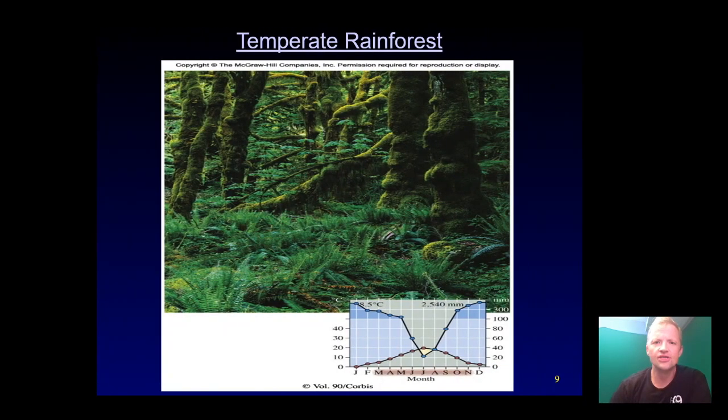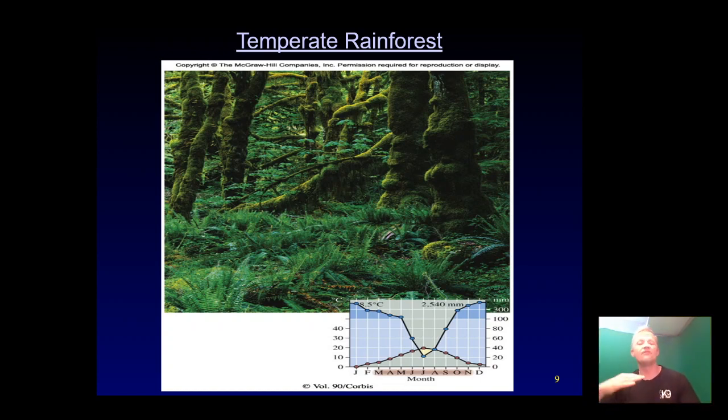All right, continuing along. Then we have the next one down, a temperate rainforest. They still get a lot of precipitation, but they have a very wet period and a very dry period in the year, kind of like Thailand. But the main difference in temperate rainforests is that their temperature changes quite a bit too. In Thailand, we have a pretty stable temperature, so we're kind of in between a temperate and tropical rainforest.